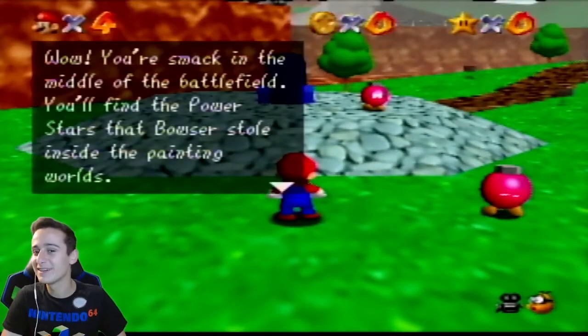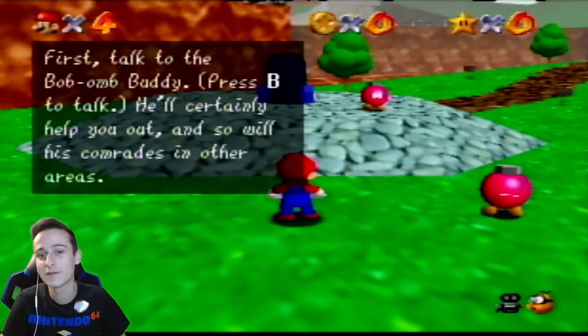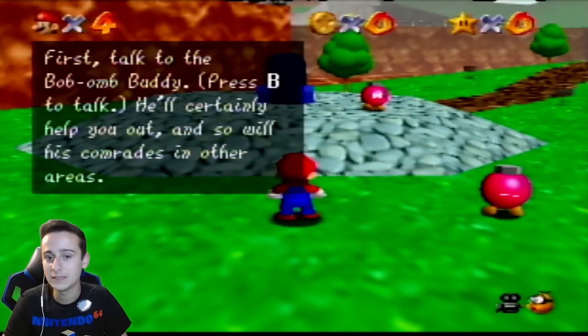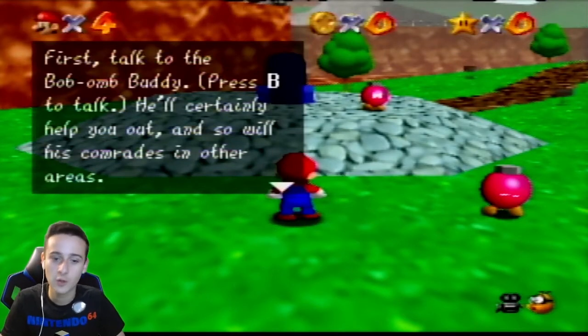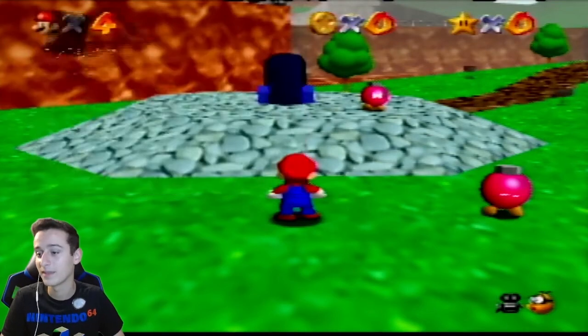Wow, you're smack in the middle of the battlefield. You'll find the Power Stars that Bowser stole inside the painting world. First talk to the Bob-omb buddy. Press B to talk. He'll certainly help you out, and so will his comrades in other areas. To read signs...